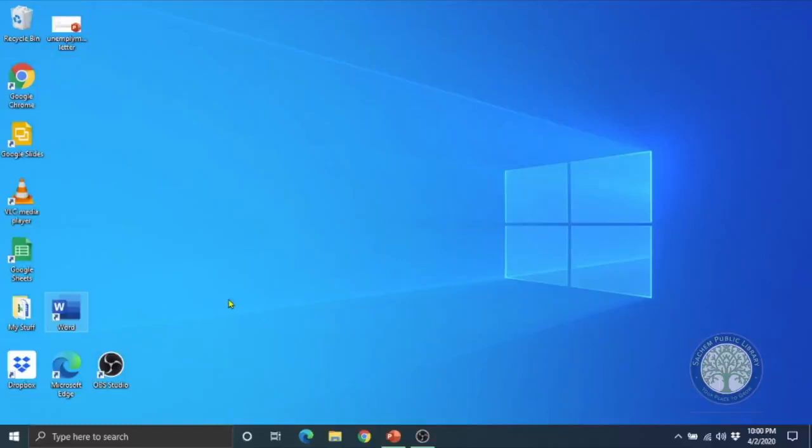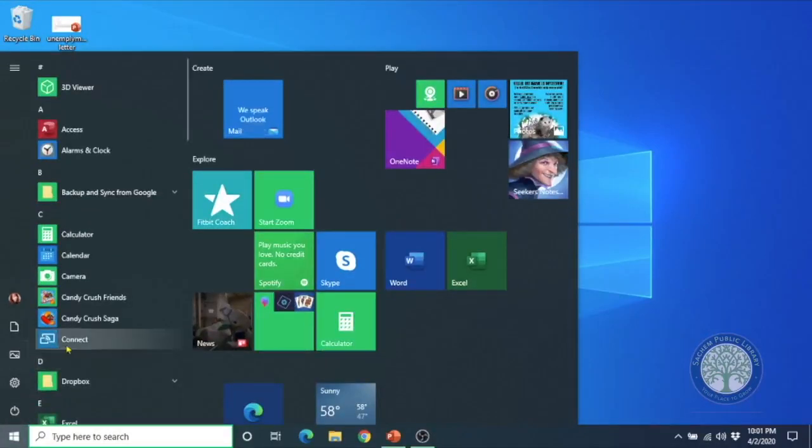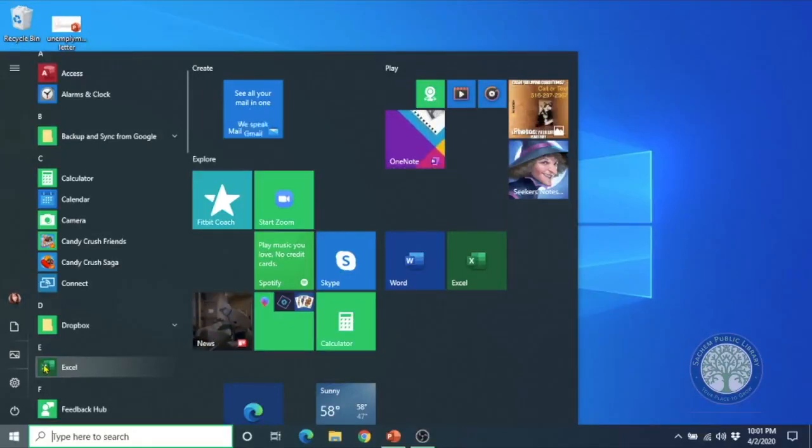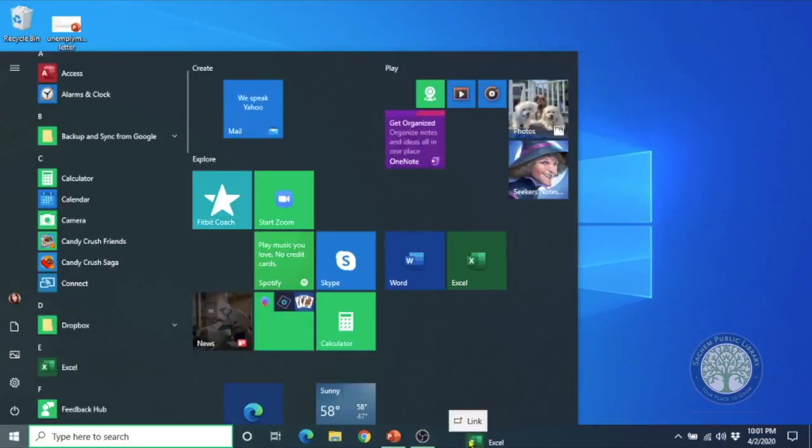So, depending on what you're comfortable with and how you like to use your computer, if you wanted to put shortcuts down here in your taskbar, you would do it basically the same way. I'm going to go to my Start button, and this time I think I'll use Excel. I want to put a shortcut of Excel here in my taskbar. I'm going to point at the Excel app, hold my left mouse button down and drag Excel to the taskbar. Once again, I see the word link,